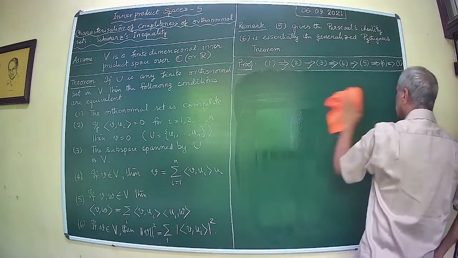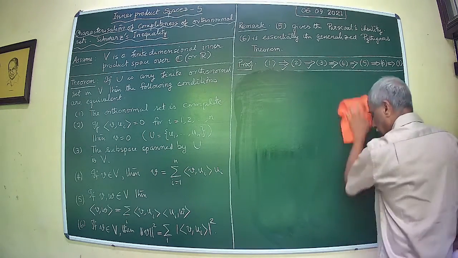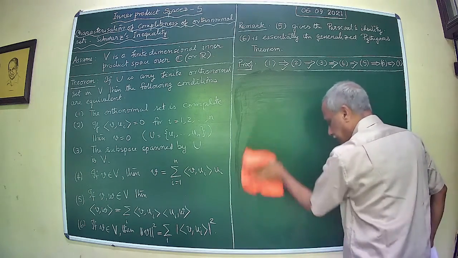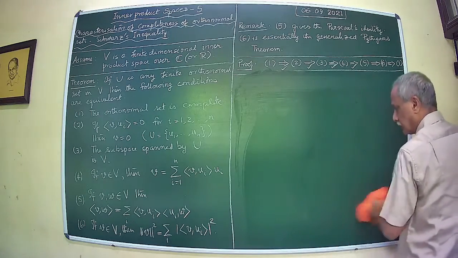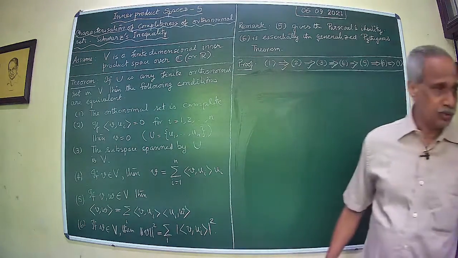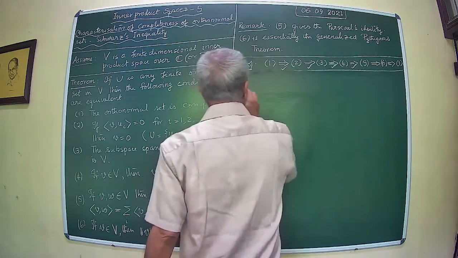What does this mean? This means that any V in V can be expanded. That is the assumption that we are making in terms of U1, U2, etc., UN in the given form. Okay. So we prove next